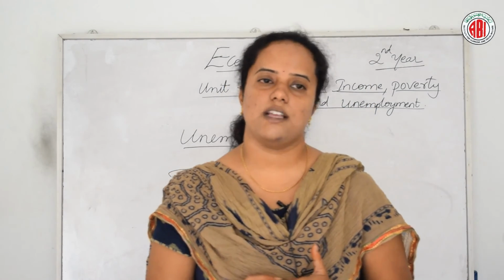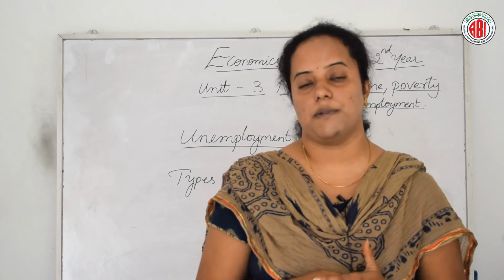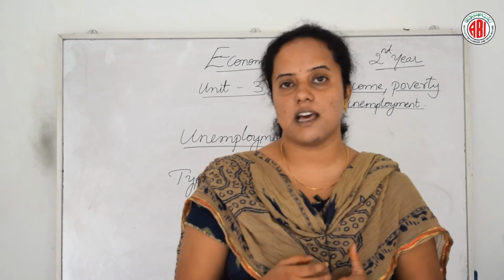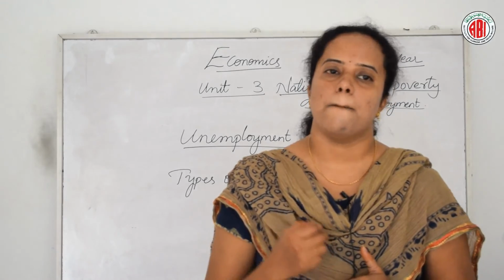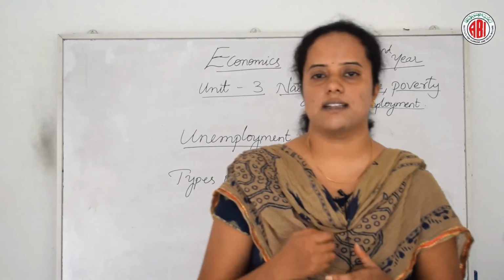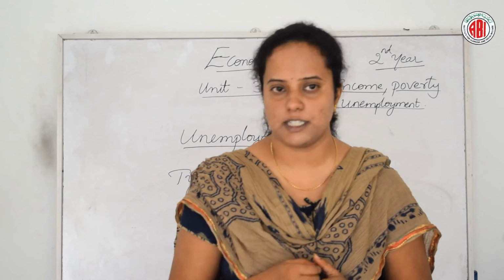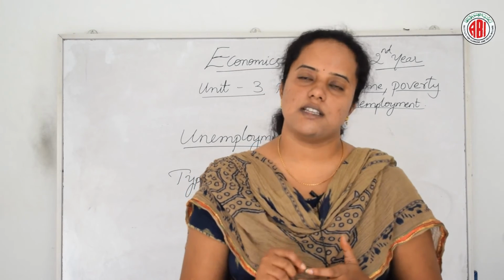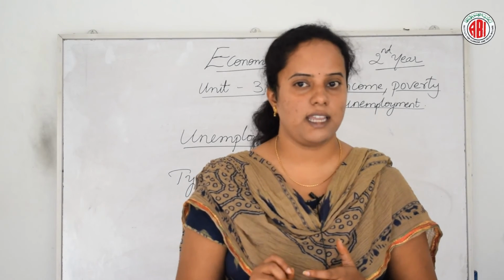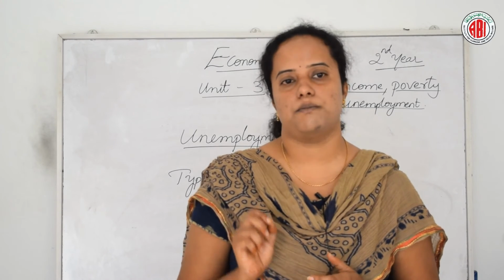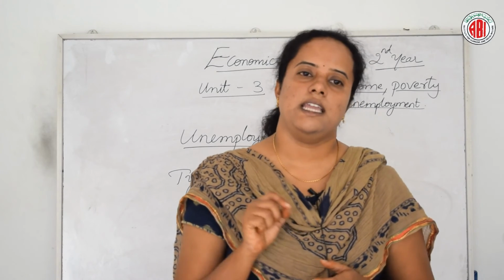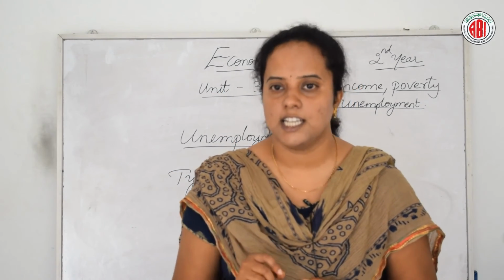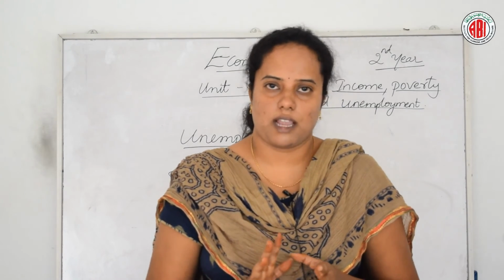The second one is underemployment. What is underemployment? Laborers are said to be underemployed when their skills and abilities are not utilized at their maximum level. Due to this, their contribution to production is also very limited. The third is disguised unemployment. If a person is removed from the work without any adverse effect on productivity, then he is referred to as disguised unemployed, and the marginal productivity of such employees is zero. So they can't produce anything.